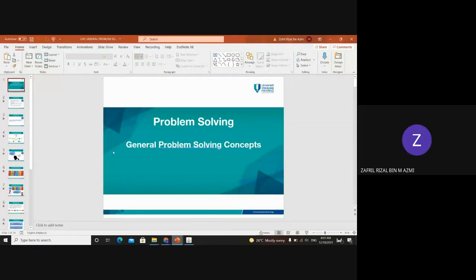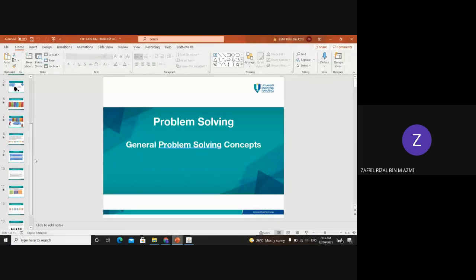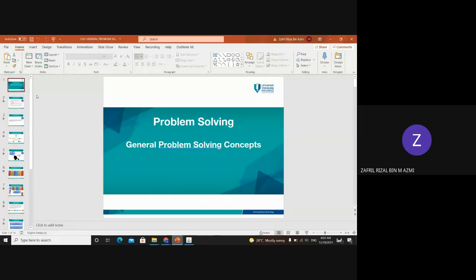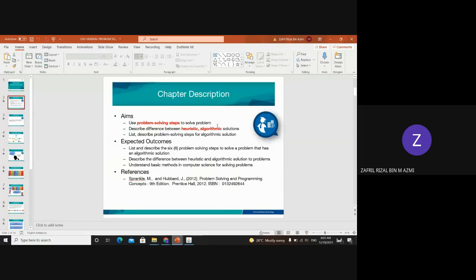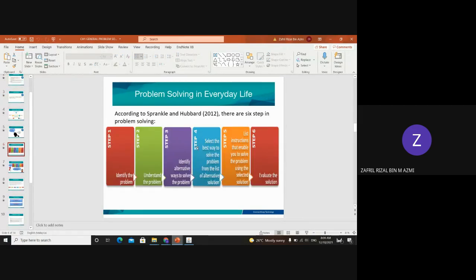Okay, we are going to start with chapter 1. Basically, chapter 1 is a very general problem solving concept. There are only 14 slides. Most of the slides I will let you guys read by yourself. The one that needs to be discussed in this slide is mainly the problem solving steps. Again, what is a problem solving step? For you as a computer science student, especially a BCS student,